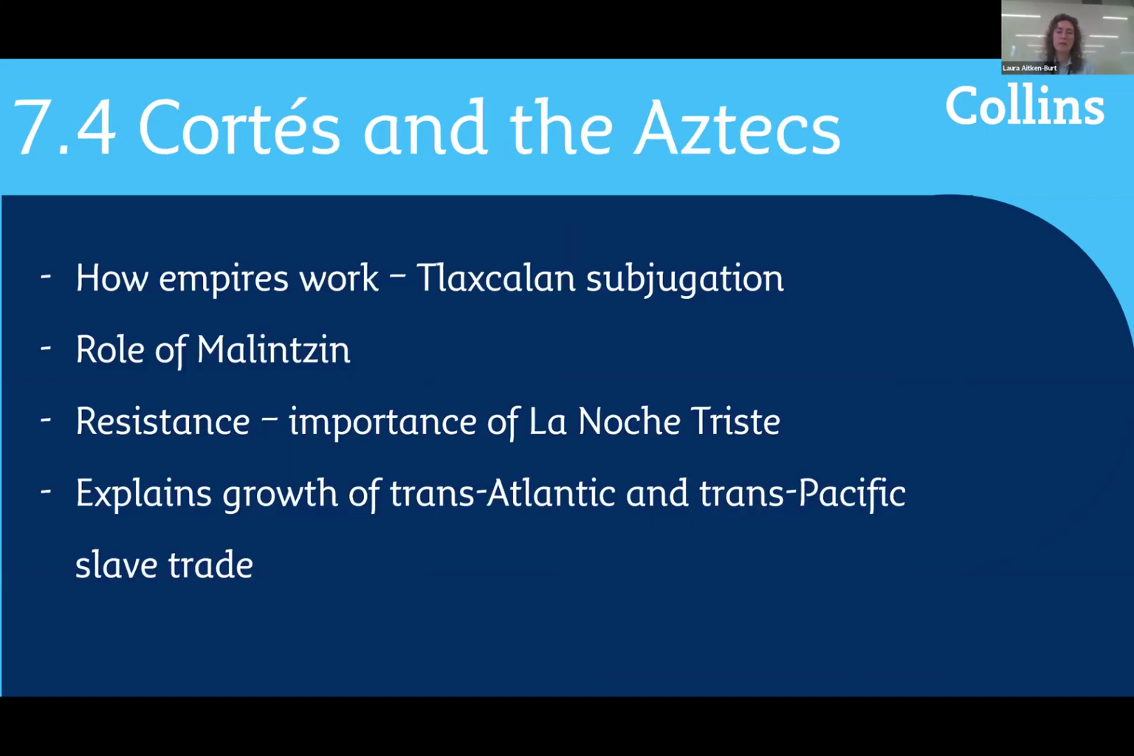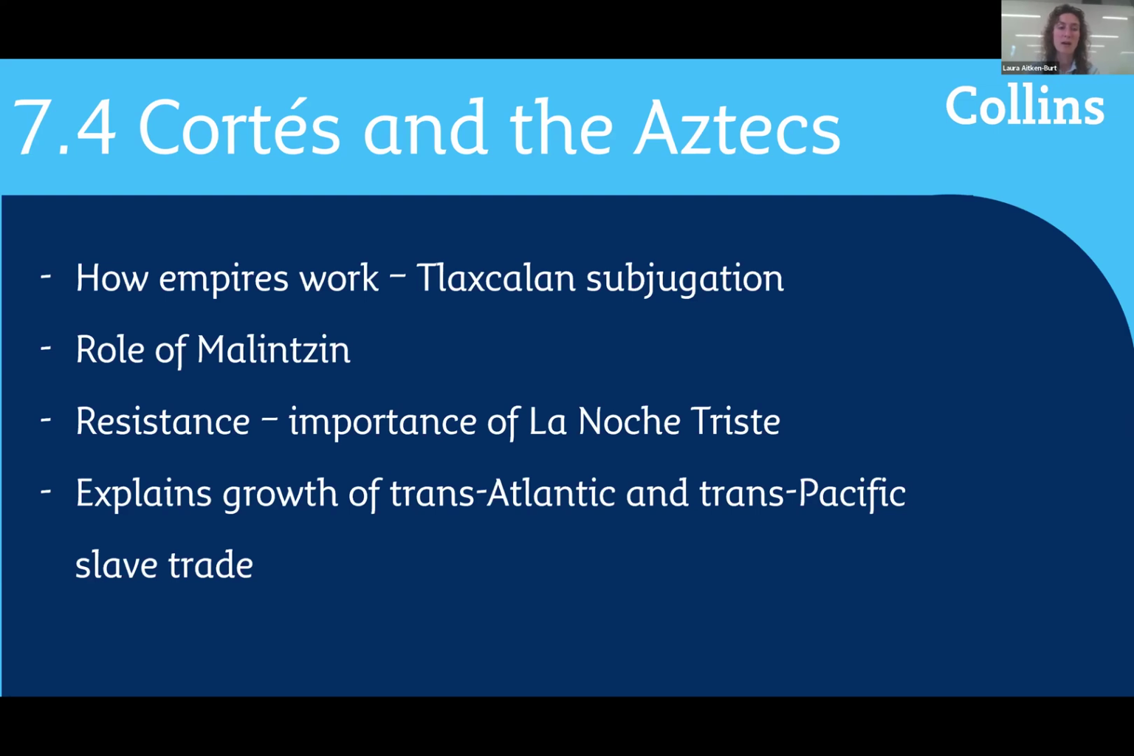So I think Cortez is going to arrive on the scene as the European that is actually going against his orders from Cuba, where he basically runs away from the governor of Cuba, Diego Velázquez, who wanted him to stay, but he's like, I'm going to go. He has this idea of himself being a hero, and